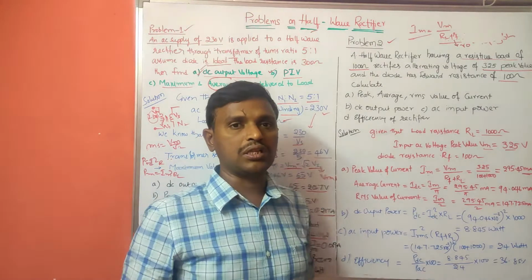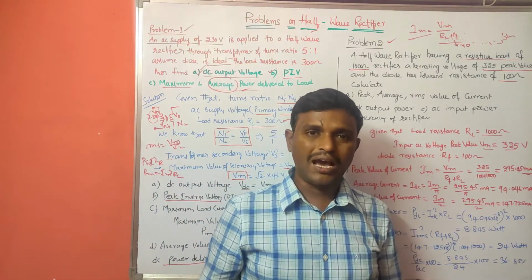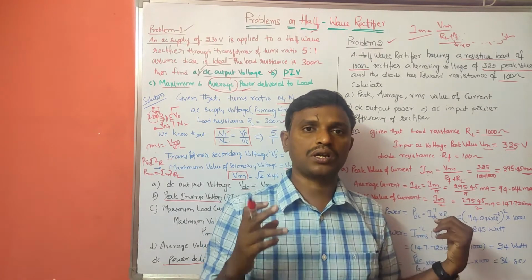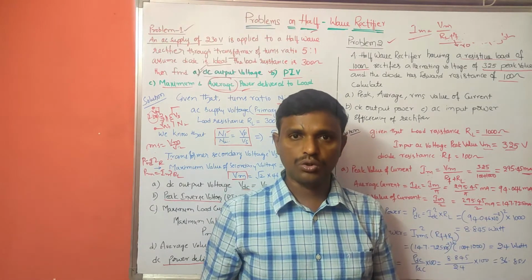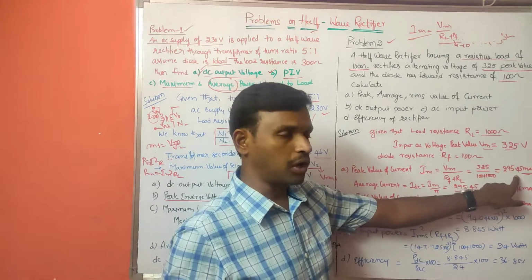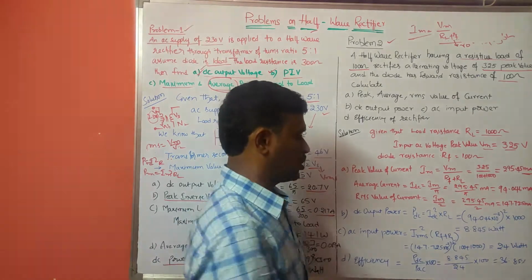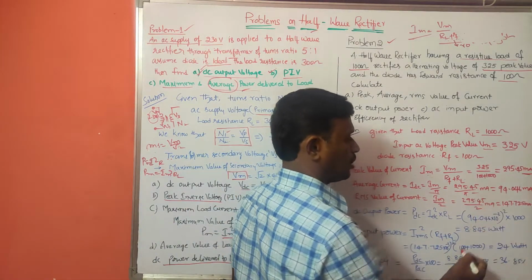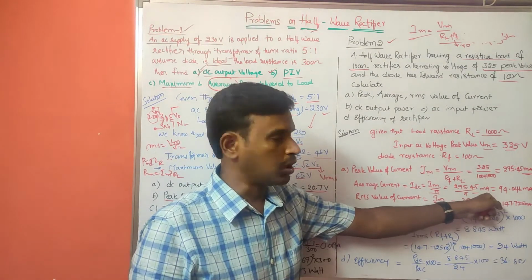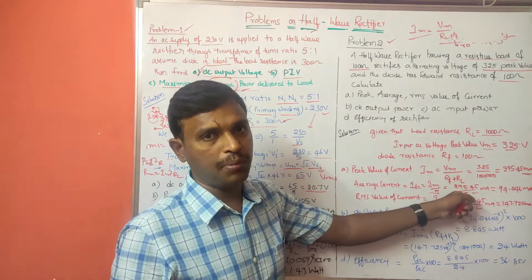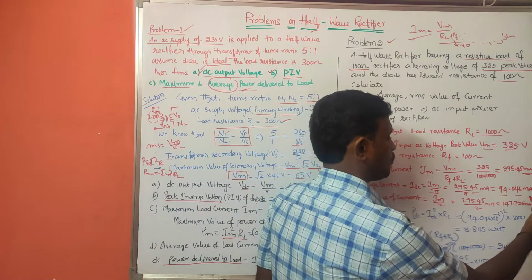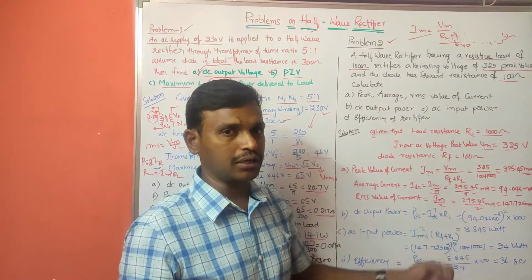So already we have seen that average current is equal to average voltage, which is Vm by pi, but here we have to calculate average or DC current. IDC is equal to Im by pi. So what is Im we got? It is 295.45 by pi. Substituting here, that is 295.45 by pi milliamperes. Here we are dividing with only pi, so you will get the same units. Therefore it is 94.046 milliamperes if you calculate, right?